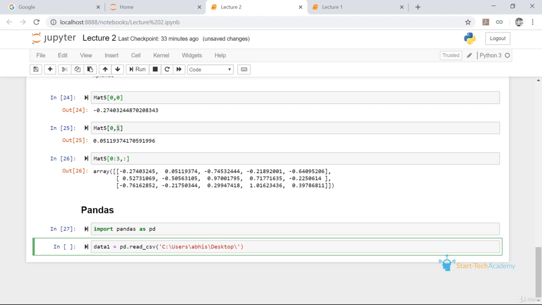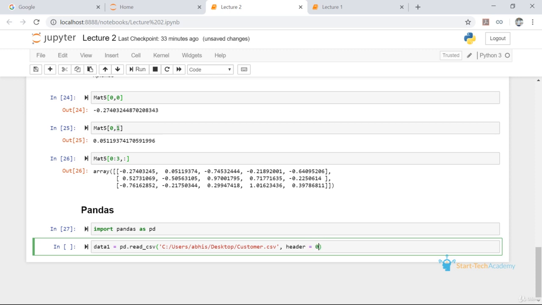Remember to change these backslashes into forward slashes. Then the file name customer.csv, and then header equal to 0 since our first row contains the header.